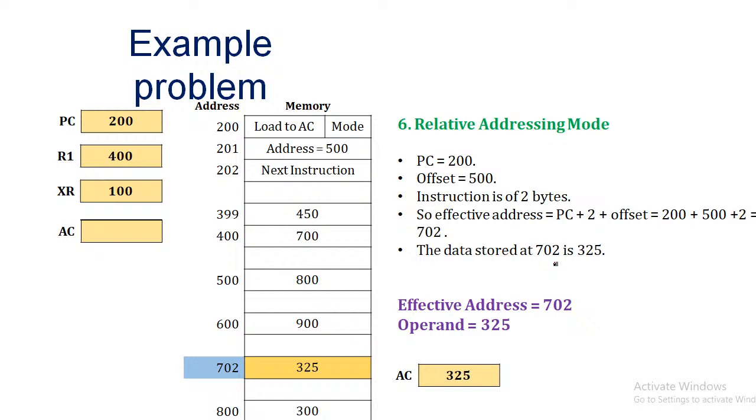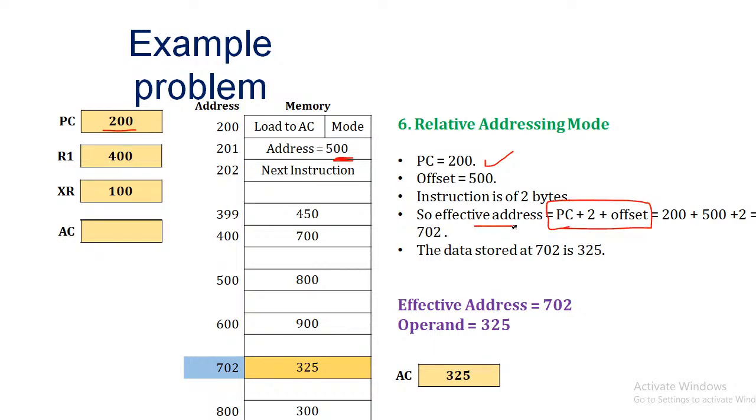Next one. If you go for the relative addressing mode, also known as the PC relative addressing mode, the PC content will be added with the offset value. You can see that the PC content is 200 here and the offset value is given in the instruction itself. Since the instruction is 2 bytes, 2 will be added to the PC, and then the offset is added to calculate